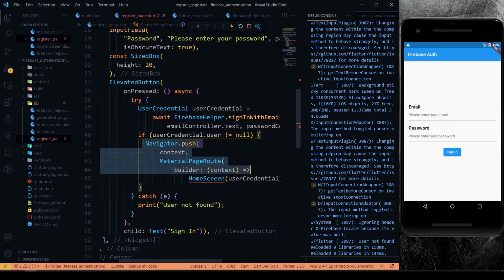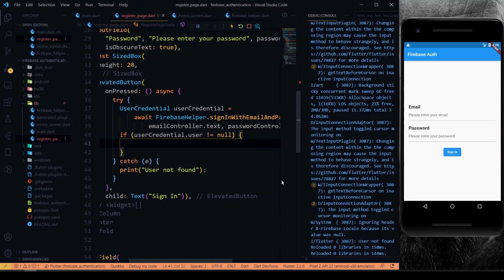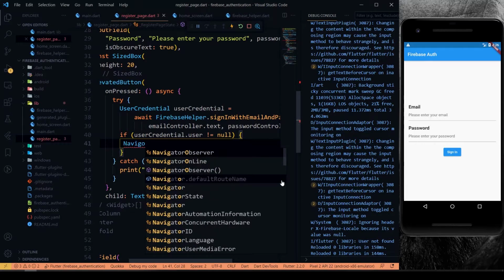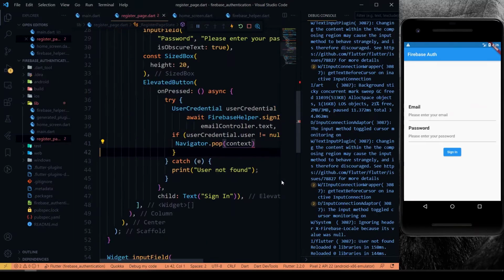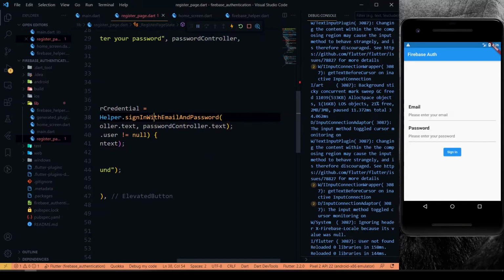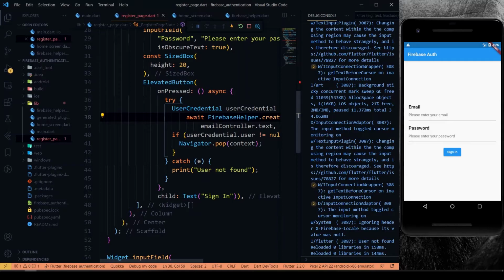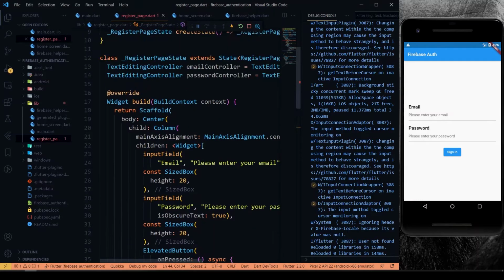After we have created the account, we'll just pop our screen with Navigator pop. So here you have to change our function to create account. After this function is executed successfully, we'll just pop our screen. And inside the catch, we'll just print failed.